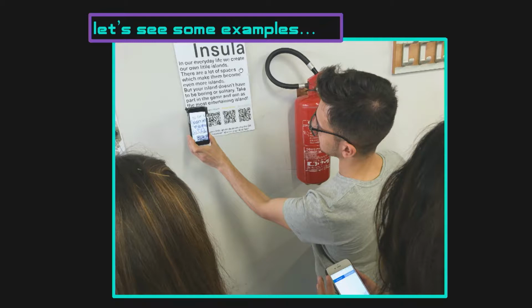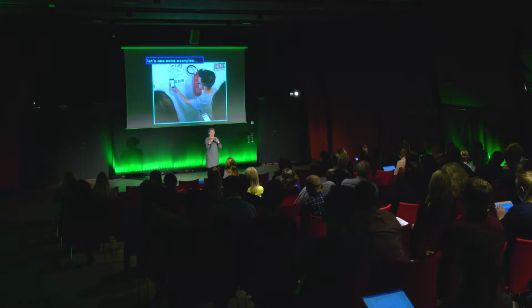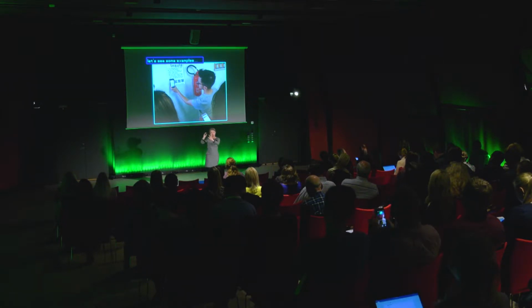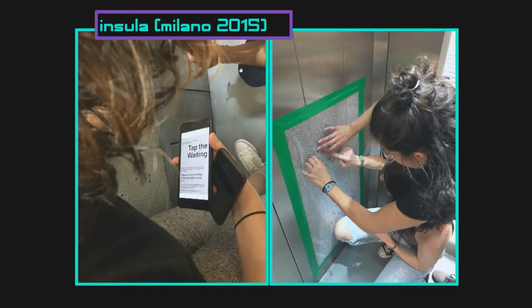This is just to show you that there are really lots of topics to be covered. This was one of the first games we did in Milano. It's called Insula, and it was about identifying places in the campus area that used to be crowded, but still are not meant to have interactions. Like the coffee queue. There are coffee machines and people are queuing, but they're not really talking to each other. It's just waiting areas. And this is an example of a waiting area, the elevator.